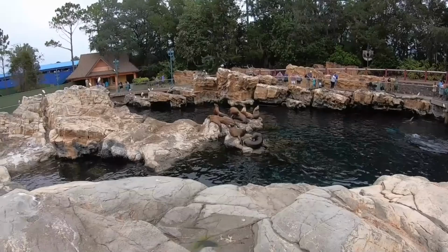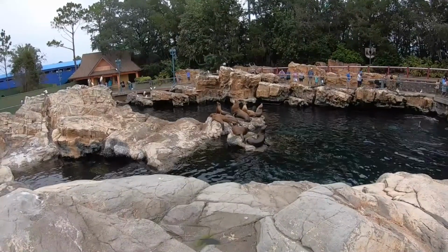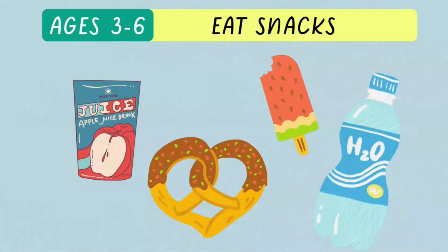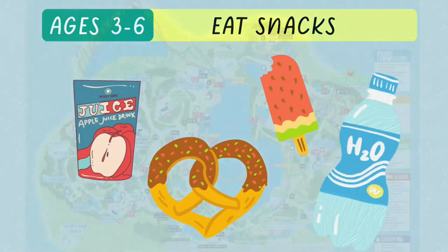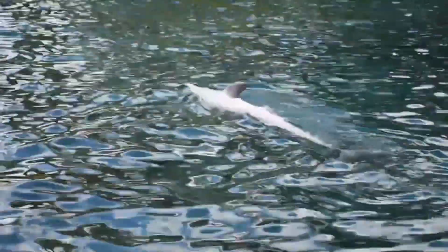There's a few times where they don't let you feed, like usually early in the morning, so if you go more towards the afternoon, you might have a chance of feeding them. Next on the agenda, I would have a snack and then have that show. So you're already on this side of the park, head back over, hit Dolphin Stadium, watch Dolphin Encounter, and then